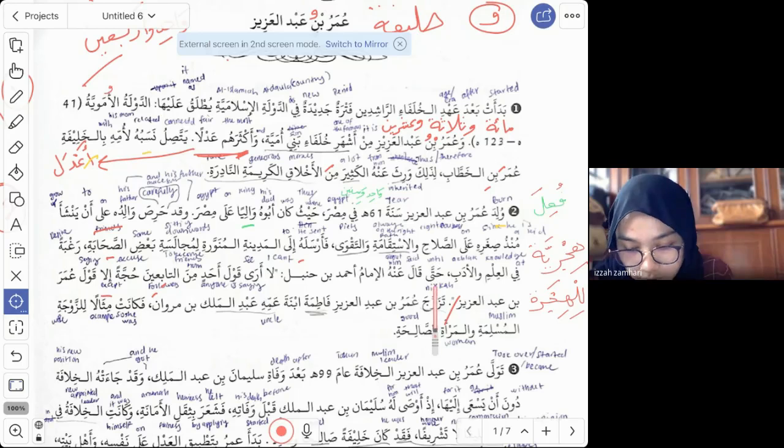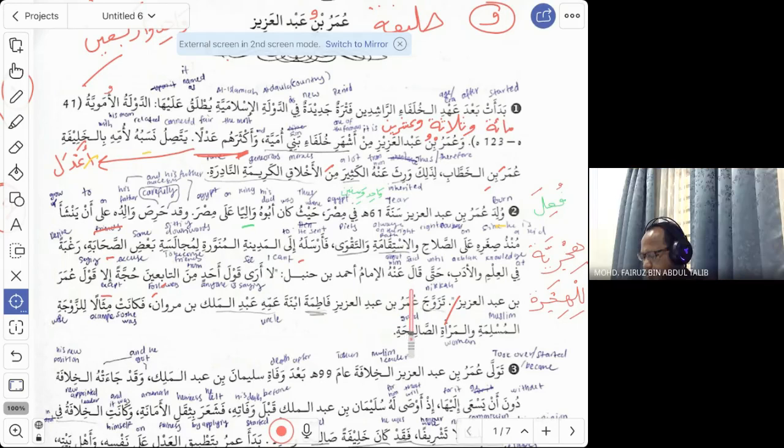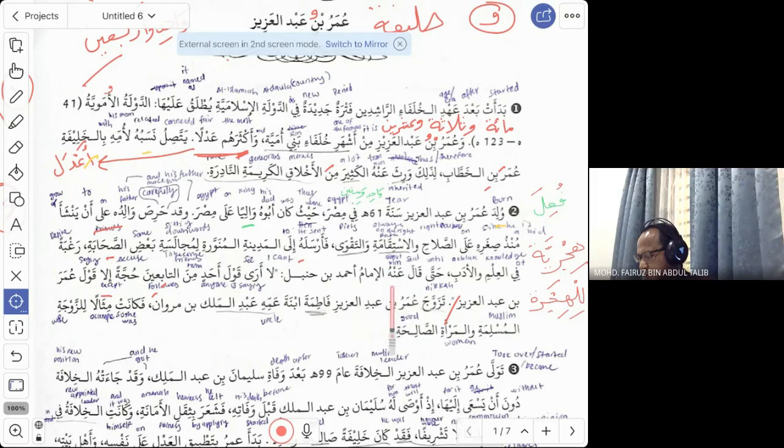Okay, hatta means until. Qala anhu, said about him, Al-Imam Ahmad bin Hanbal. He said, who said? Imam Ahmad bin Hanbal, yes. So Imam Ahmad ibn Hanbal said about this guy, said about him. Umar. Naam. So he said, La